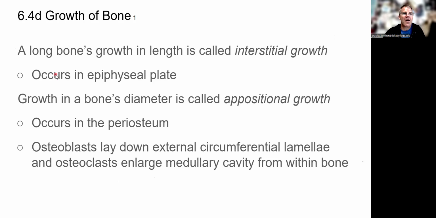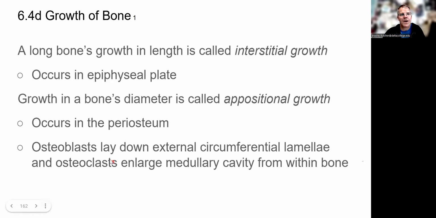So, growth and repair. A long bone's growth in length is called interstitial growth. That occurs at the epiphyseal plate. A bone's growth in diameter is called appositional growth. This occurs in the periosteum, where those osteoblasts lay down external circumferential lamellae, and osteoclasts enlarge the medullary cavity from